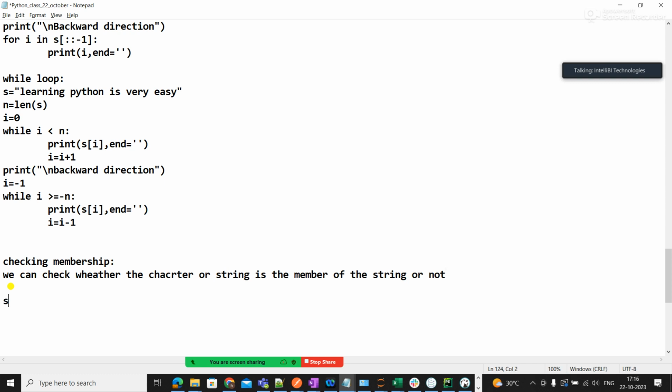Okay, so s equal to Mahesh. If we do print d in s, just to ensure whether that alphabet is present, we use the in operator, like in, not in,